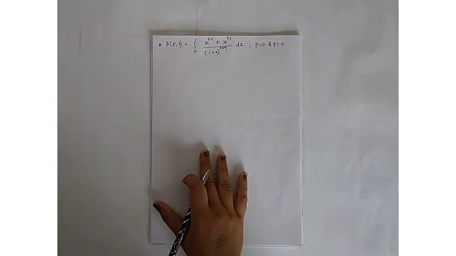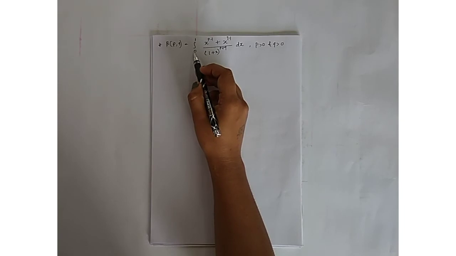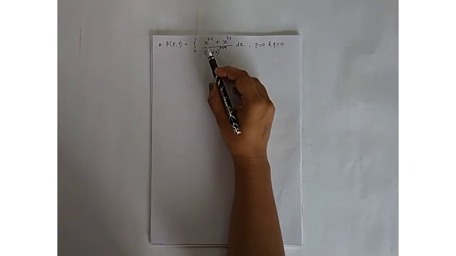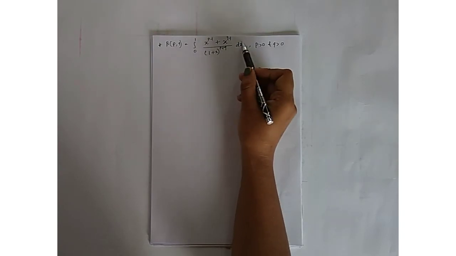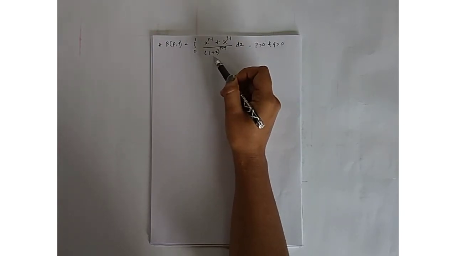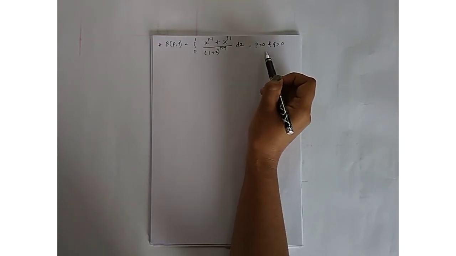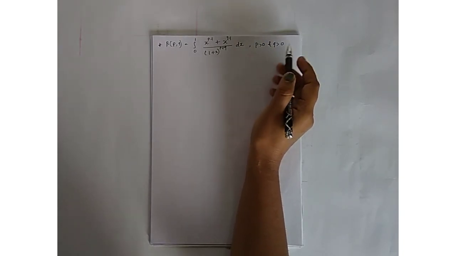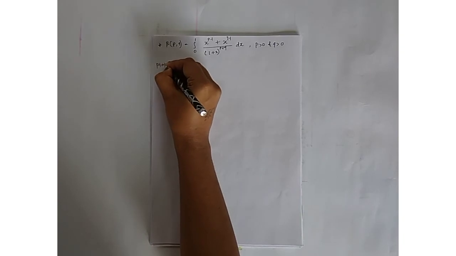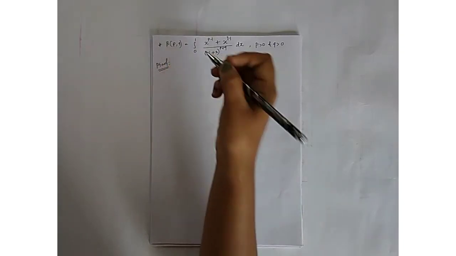Next form, that is beta(p, q) is equal to integration with limits 0 to 1 of (x^(p-1) + x^(q-1)) upon (1 + x)^(p+q) dx, for p and q greater than 0. So let's prove this form. Proof: